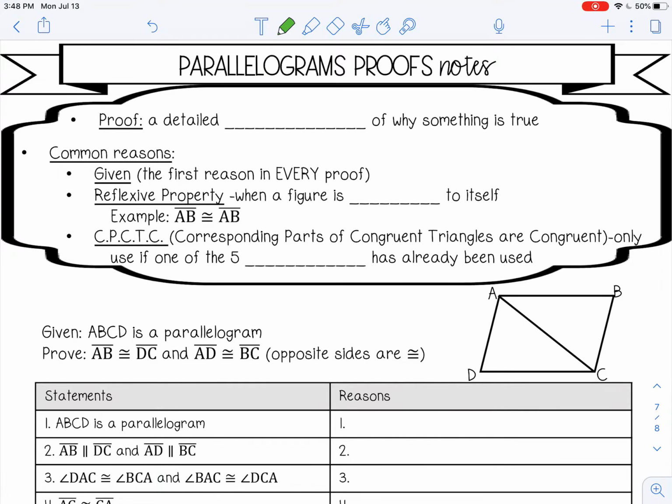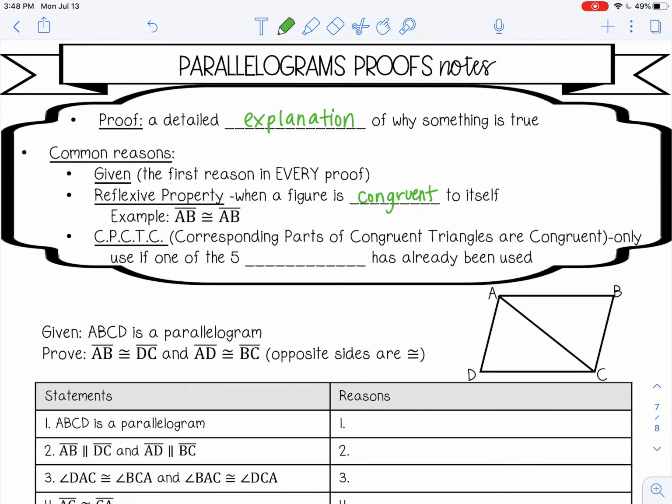Welcome to this lesson on parallelogram proofs. Remember, a proof is a detailed explanation of why something is true. Some common reasons that you're going to see in parallelogram proofs are given, which of course is the first reason in every proof, the reflexive property, which is when a figure is congruent to itself,